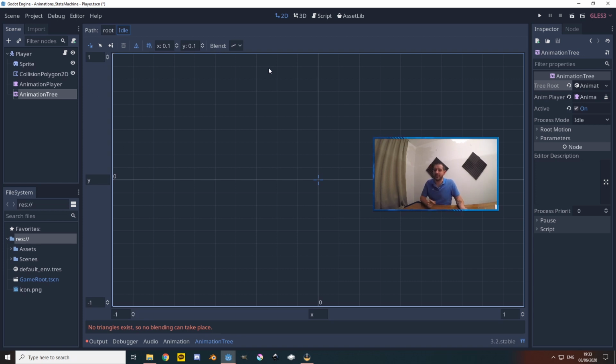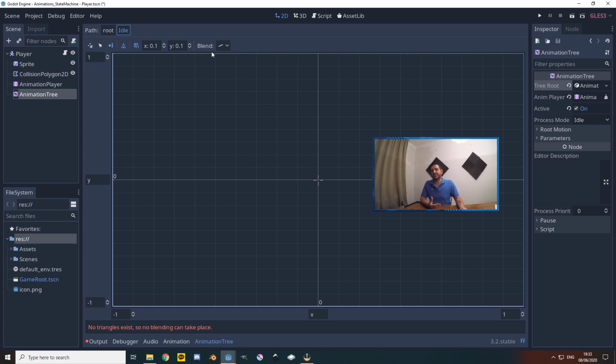So there's a couple of things here that you need to know about. First, we have the blend space, or set the blending position. That's basically this little crosshair right here that we can drag around, easy to have for testing purposes. Then we have the arrow point to select any animation that you may have already added. And we have the create point. There we can create points and we can add animations to this blend space 2D. Now we can set the snapping of the X and the Y axis. So now it's a 20 by 20 box, but if you need it to be different for some reason, you can change that here. And you got the blend mode.